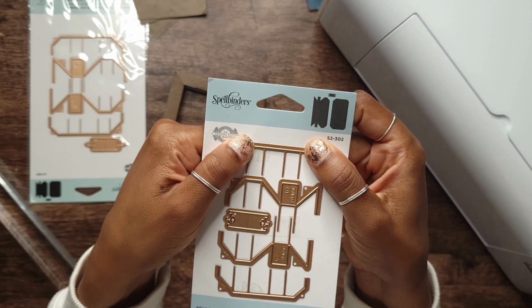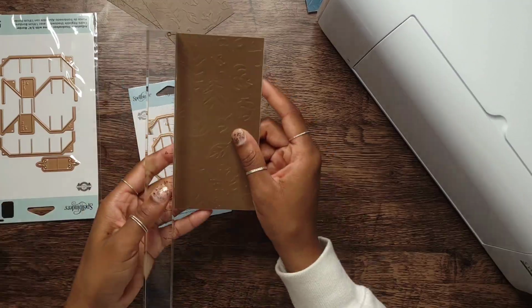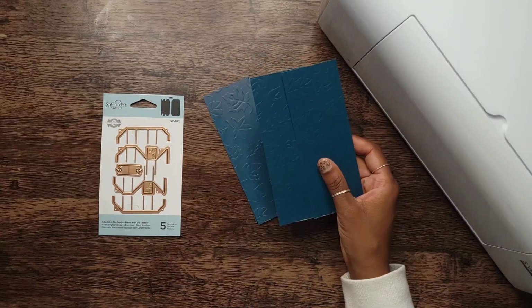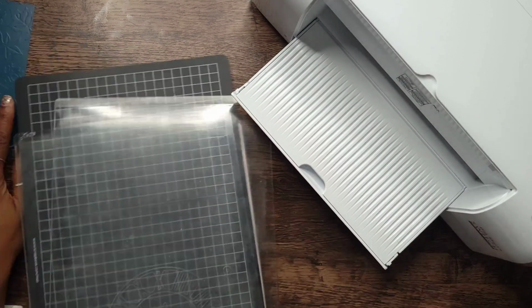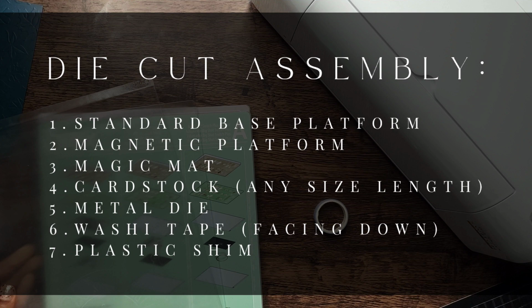First things first, I made sure that I definitely wanted to do this the right way. There are so many ways that you could make a mistake, but I started off with a simple square shadow box that's 2 1/4 by 6 inches. I have 2 cutouts for each type of die cut, and I end up assembling my